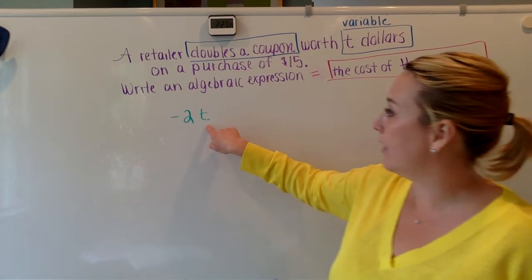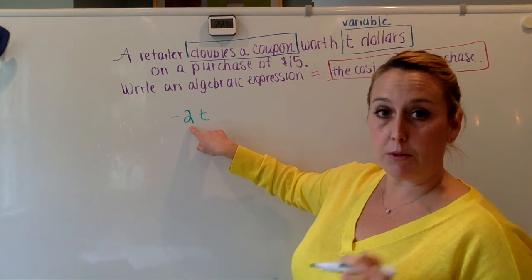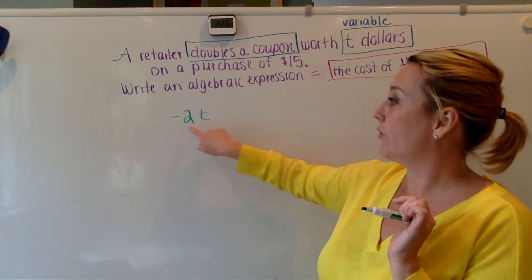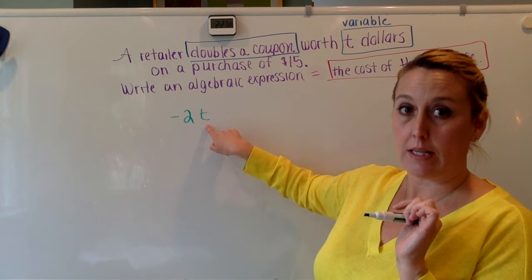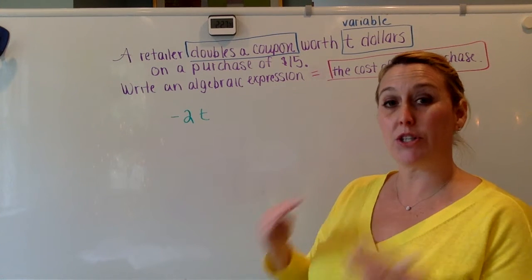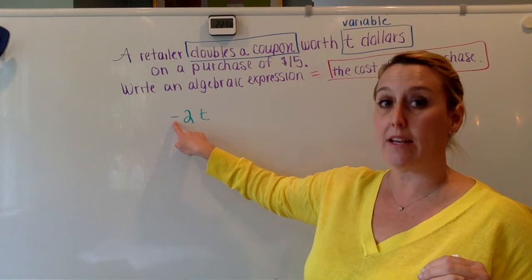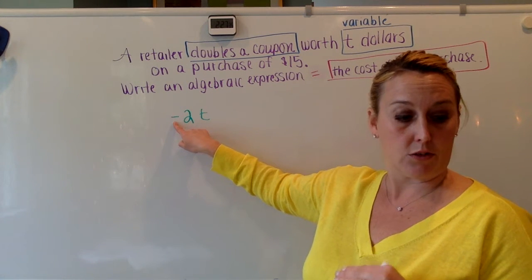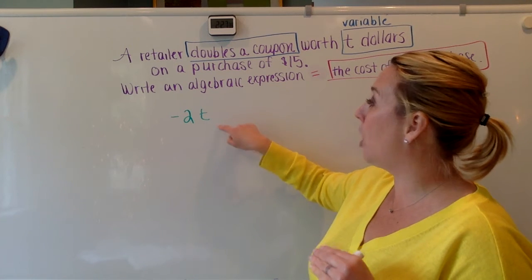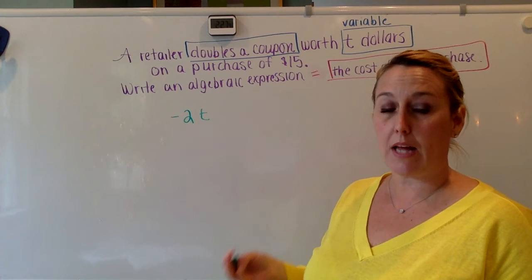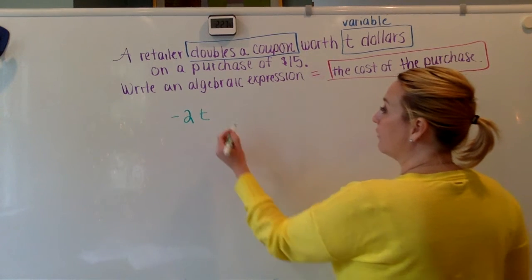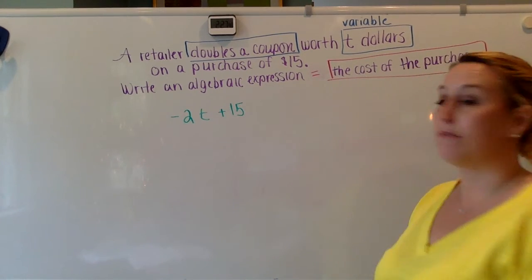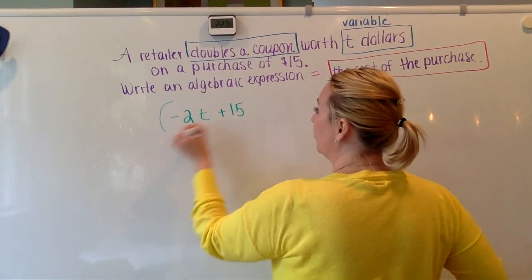You're like, Mrs. Sayward, why? Well, it's doubled. Doubled means you do it twice. It's worth double of T. So that's why it's 2 times T. But because it's a coupon, that means you're going to get money off. It's a negative. It's going to come off of the purchase price. So it is a negative because it's going to come off of the $15 that you spend. So -2T, but you have to spend $15. Negative 2t